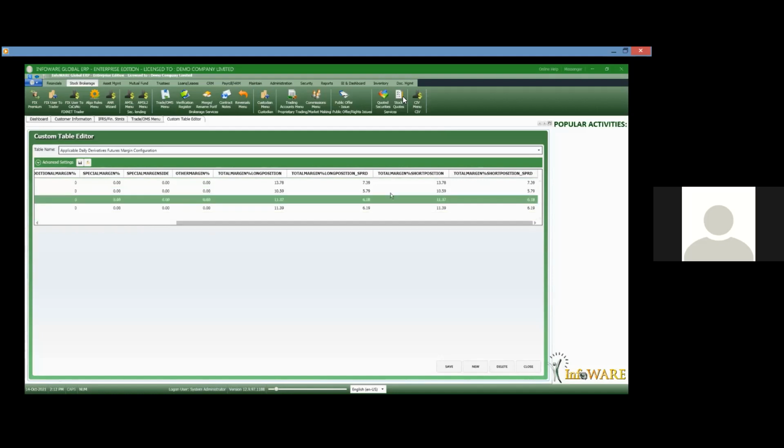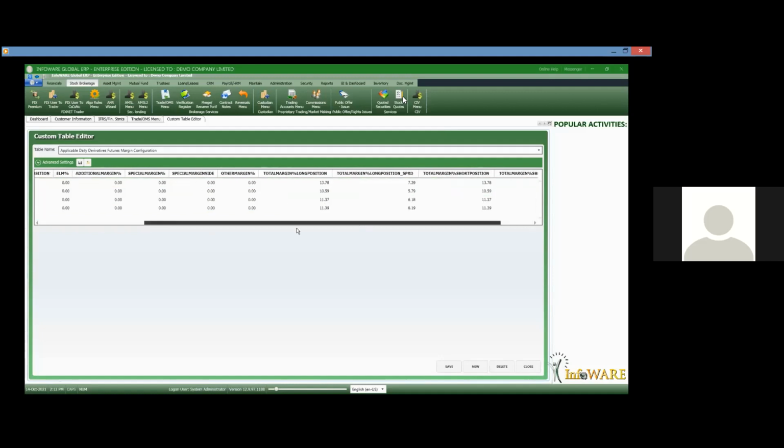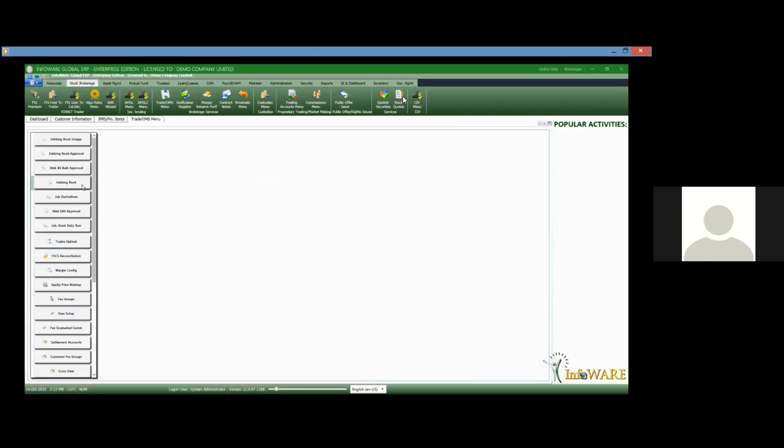So this is where you set up all the margin configuration. It's something that will be done daily, but this is where you set it up. And then internally, the system will use that to do its own analysis and computation when you are trading. So next on the agenda, quickly, we go to putting in a trade request, managing trade